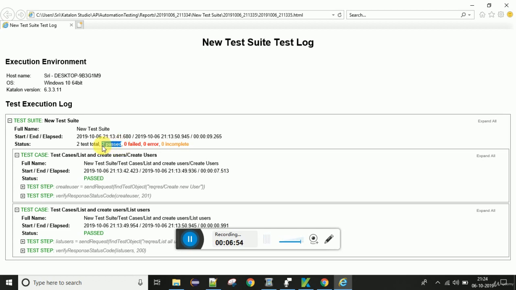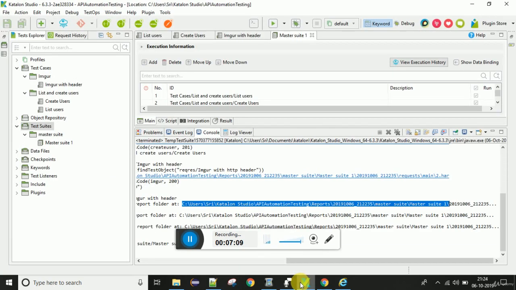Here we will see passed and failed results in this report. Let us intentionally fail one of our test cases and verify whether the report shows a failed message or not.